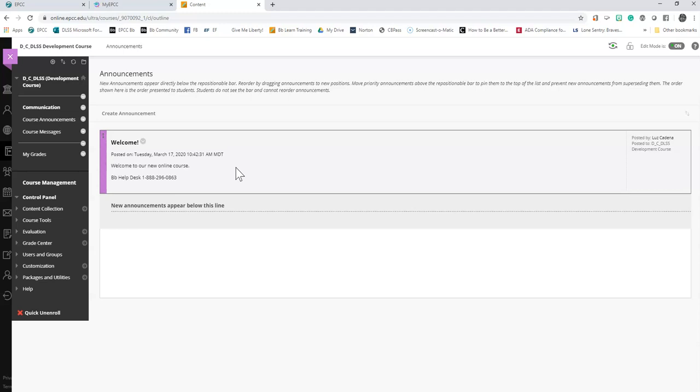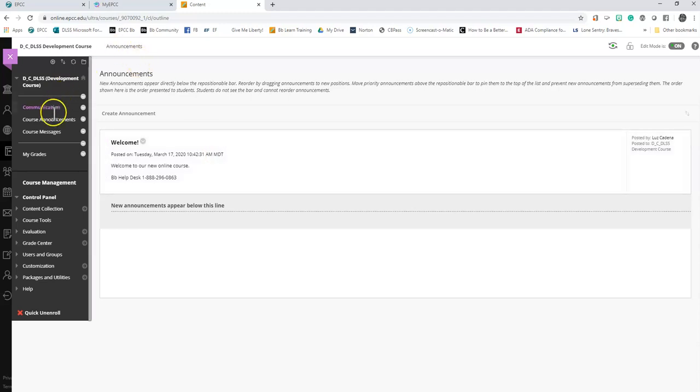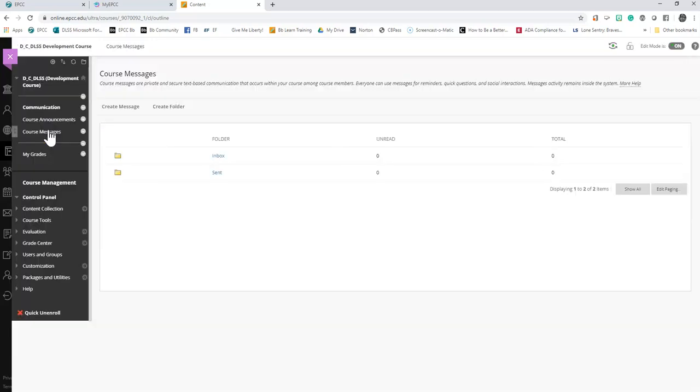The other tool I want to show you how to use is course messages. So I'm going to click on course messages. Remember, this is a messaging tool within Blackboard. You have to be in Blackboard to receive and to send these course messages. It is an internal system. Do not call it email. It is not email. As soon as you click on messages, you'll see your course messages page, and it works